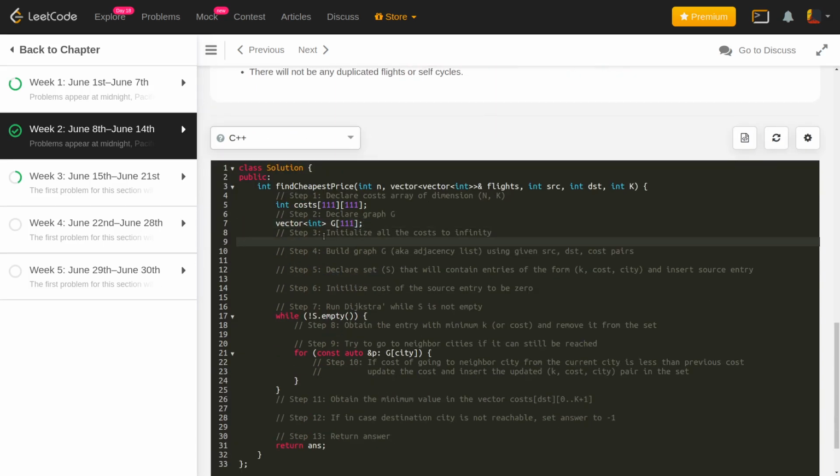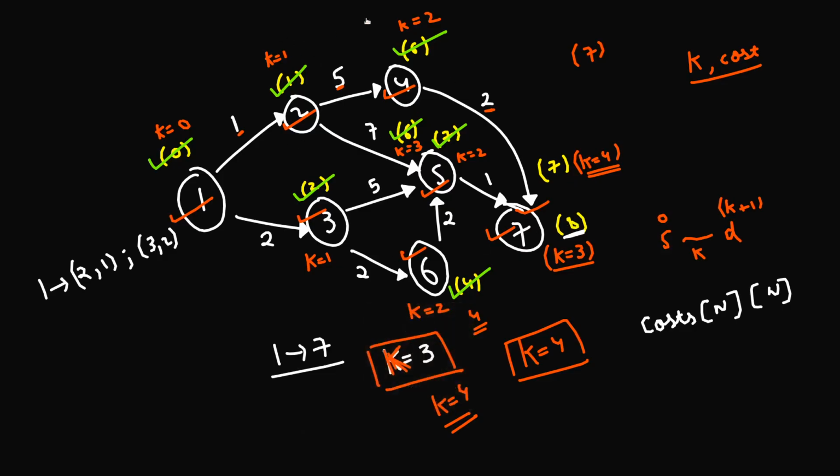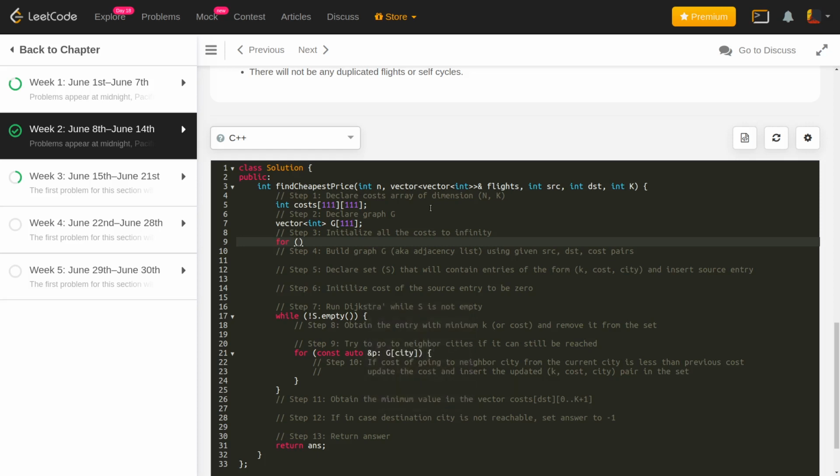Okay, and next step is to initialize all the costs to infinity. So before we actually start our whole algorithm, what is the cost of visiting each city? So we'll just initialize all these costs to infinity, because initially we haven't reached any city, right? And we'll be doing this for all the cities and all the values of k.